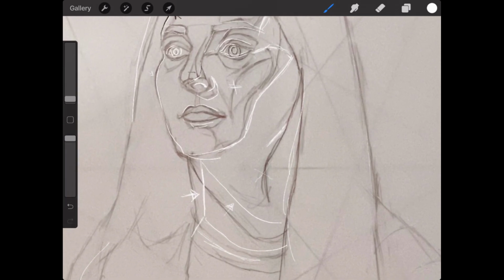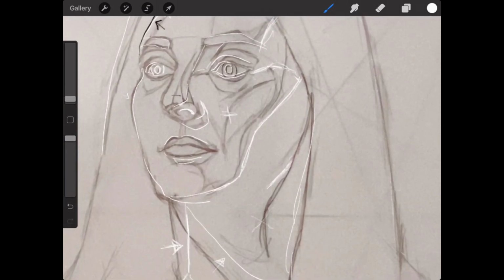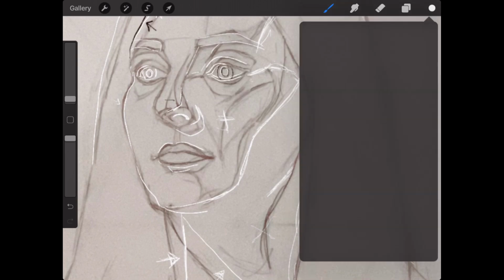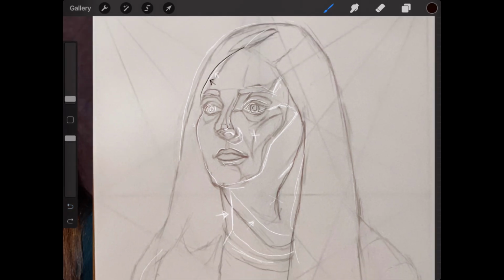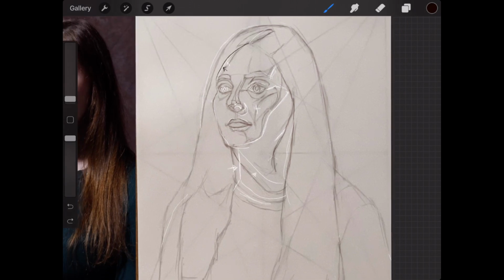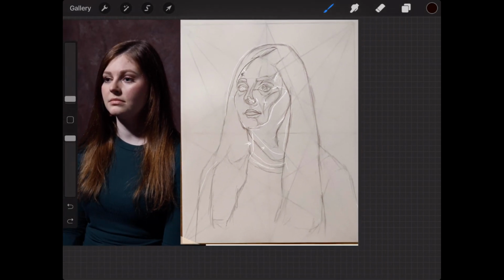Okay, so just that being said, don't worry about drawing any of these lines here. Even these, too harsh, it's going to age her. We want to just have your shadow shapes and the features, the eyes, nose, lips, and obviously the outline of the face drawn in for your transfer.